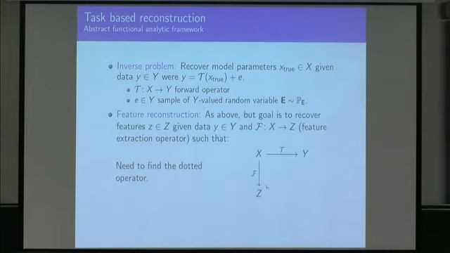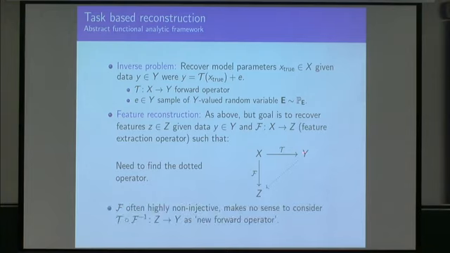But nevertheless, the feature reconstruction then is a mid formulation, so to say. We'll tell you, okay, we're not really interested in this image actually. We might have to recover it just because we have to, but our primary interest is some feature that we can extract out of it. Well, from a functional analytic point of view, we'd say, okay, then let's represent this extraction by an operator. You have some set Z, which is your feature set, and you're done. I mean, the inversion is to simplify this dotted mapping here from data to feature.